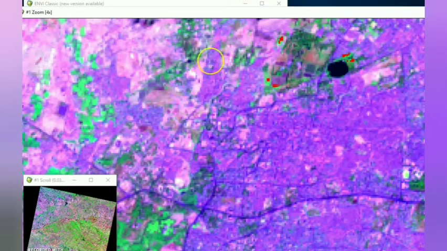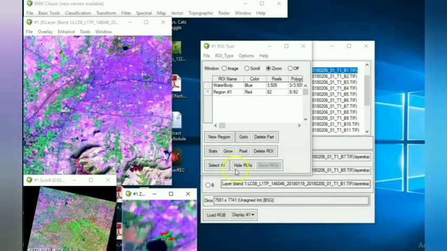So repeat this process and remember that you should have a larger number of pixels and you should cross some threshold value so that the ROI may be useful for further applications like classification or clustering. So this is how we have formed the region of interest for the vegetation, given the name as vegetation. Again you can change the color or you can keep it as red.